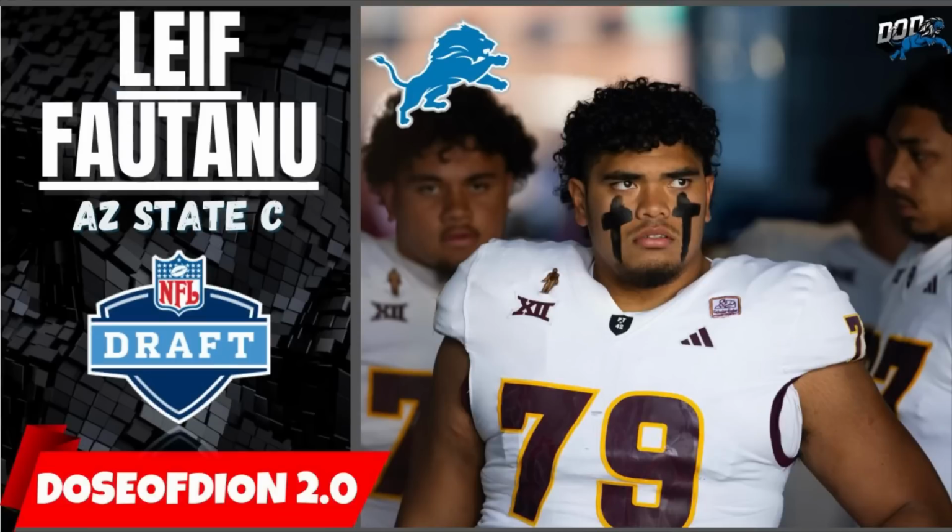Of course, when you think about backup center, that becomes immediately interesting because the Lions may need this, maybe. But adding two guards helps. Graham Glasgow as the backup center. But this is going to be Leaf Falanu. I think that's how you say his name, based on Troy Fautanu coming out a couple years ago. Leaf Falanu out of Arizona State, transfer from UNLV, listed at just under 300 pounds, shorter side, 6'1", and testing is okay, not overly impressive, not overly explosive, it doesn't feel like,